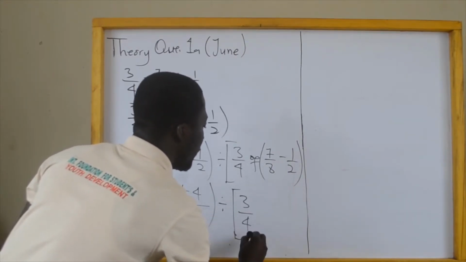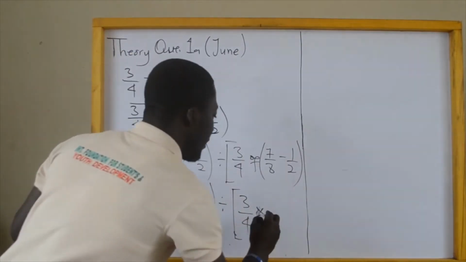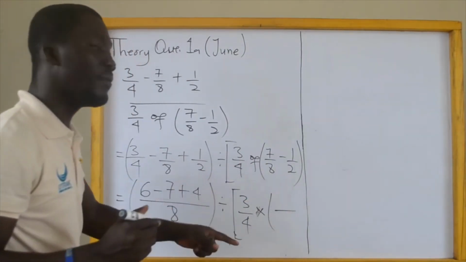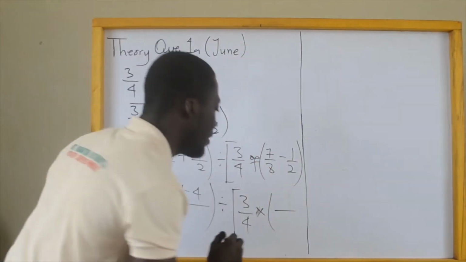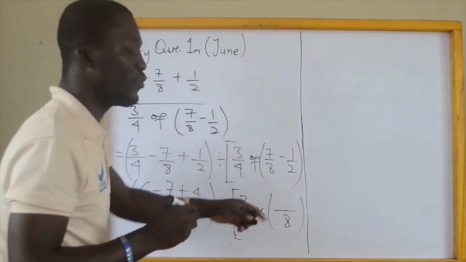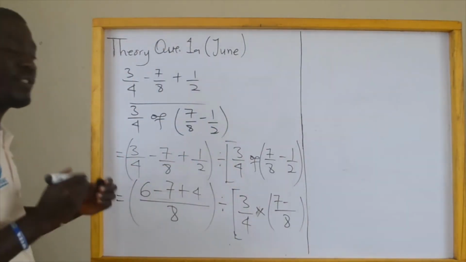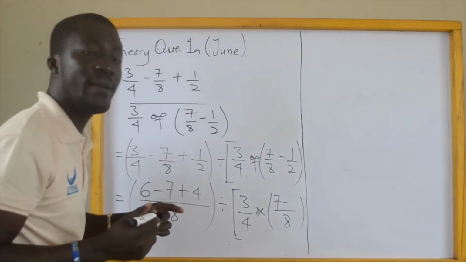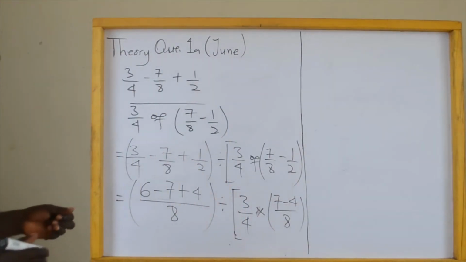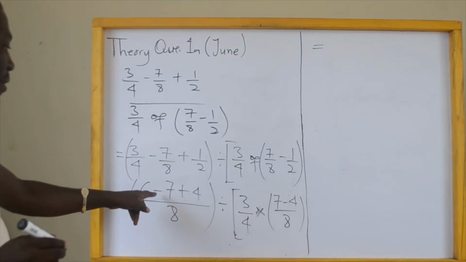3 over 4, the 'of' can be changed to multiplication. Then we come to this place. The least common denominator between these two terms is 8. 8 goes into 8 is 1. 1 times 7 is 7. Minus 2 goes into 8 is 4. 4 times 1 is the same 4. So when we simplify this, we are going to get